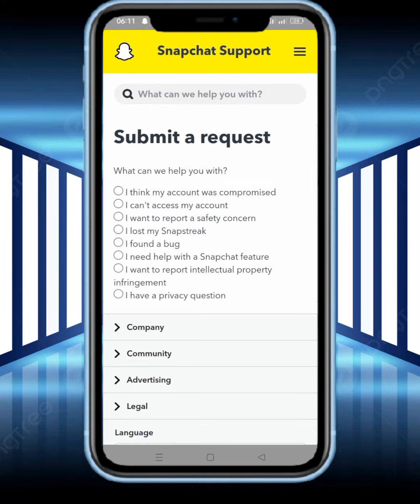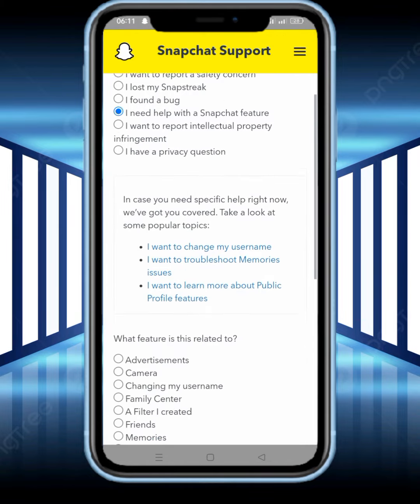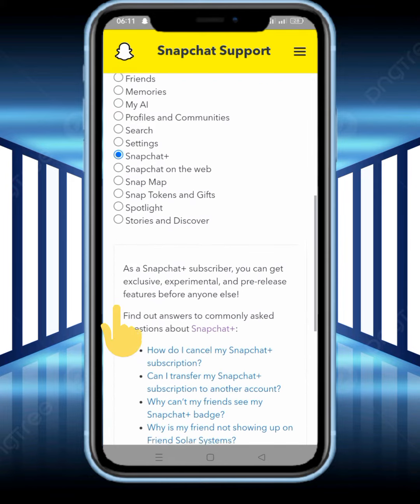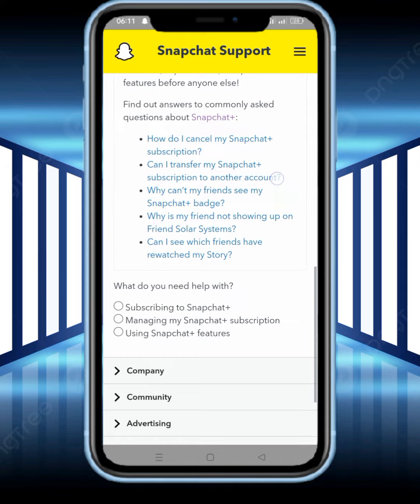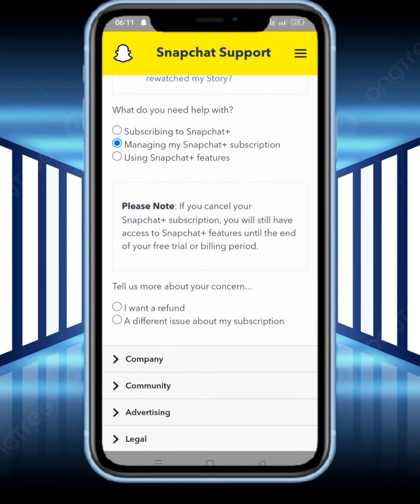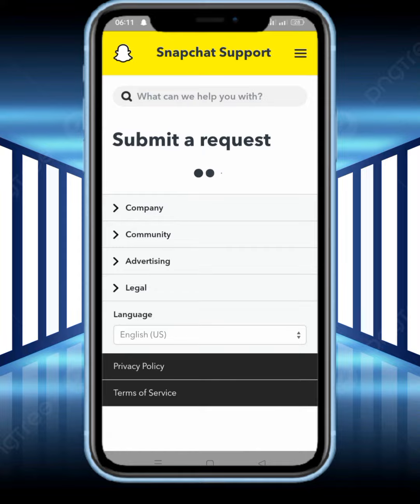From here, you tap on I need help with the Snapchat features. Tap on this. Scroll down and tap on Snapchat Plus. Scroll down and tap on manage my Snapchat Plus subscription. Tap on this and tap on different issues about my subscription. Tap on this